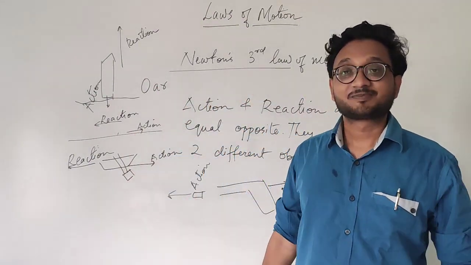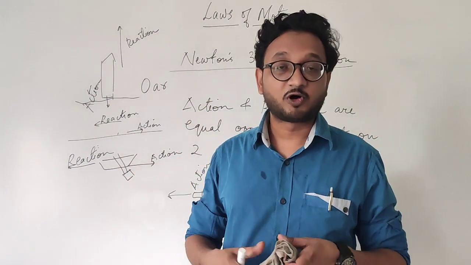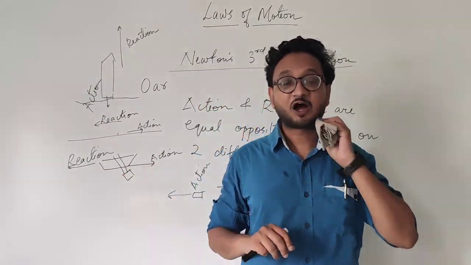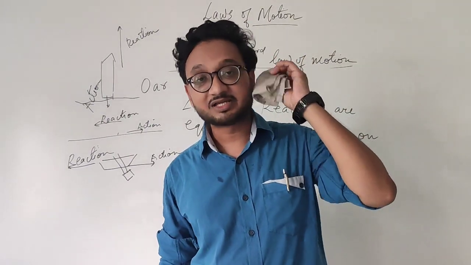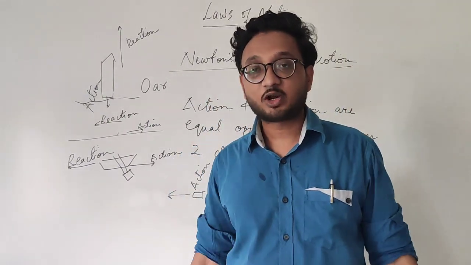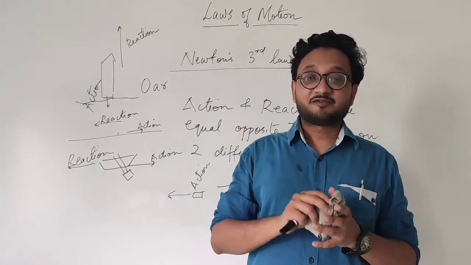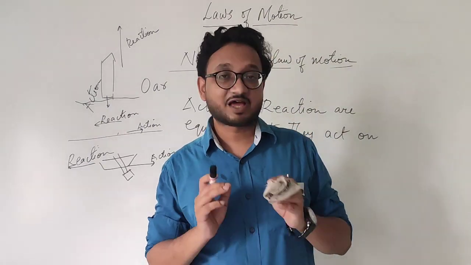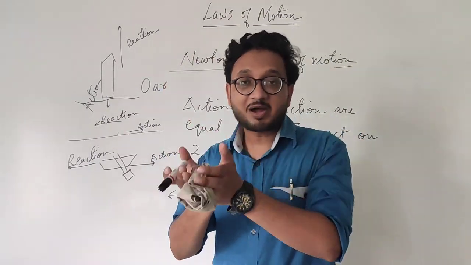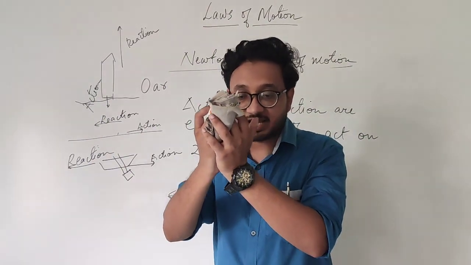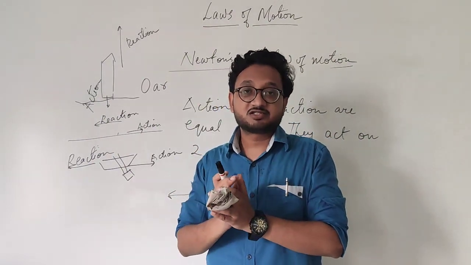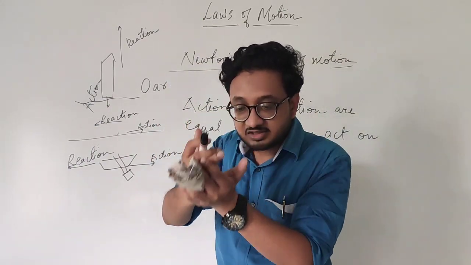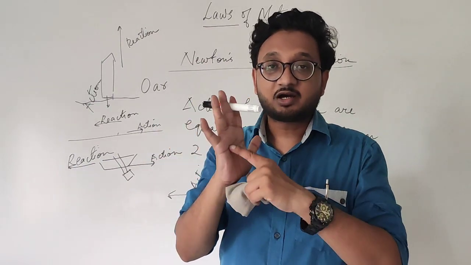And the second one was about force, that is, four people applying the force on a car or two people applying the force. How much force they are applying and for how much time depends on how much momentum is changed. Another example for the second law of motion is that whenever you see a player in a cricket match trying to catch the ball, you will always see that when the ball is caught, he is using his hand to increase the time. So when the ball comes, he doesn't just keep the hand steady like this. When the ball comes, he increases the time so that he does not get hurt on the hand.